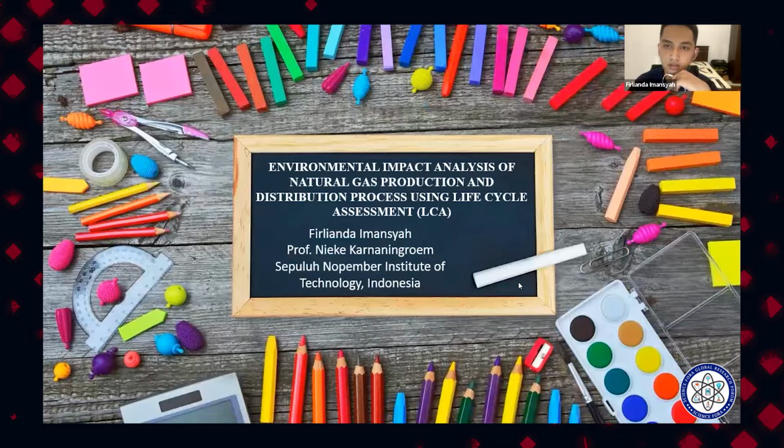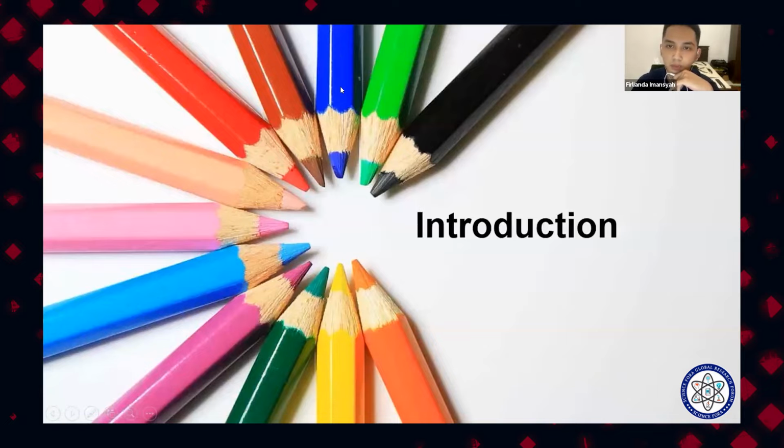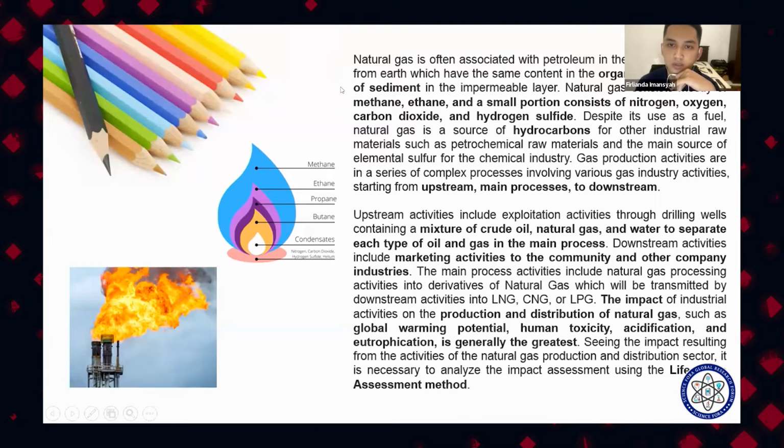To begin the introduction, natural gas is often associated with petroleum in the extraction process from the earth, which has the same content in the organic decomposition of sediment in the impermeable layer. Natural gas consists mostly of methane, ethane, and a small portion of nitrogen, oxygen, carbon dioxide, and hydrogen sulfide. Despite its use as a fuel, natural gas is a source of hydrocarbons for other industrial raw materials such as petroleum raw material and the main source of elemental sulfur for the chemical